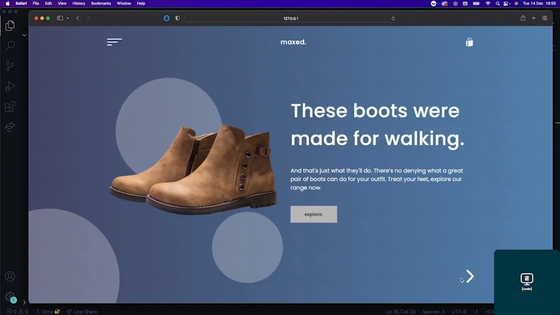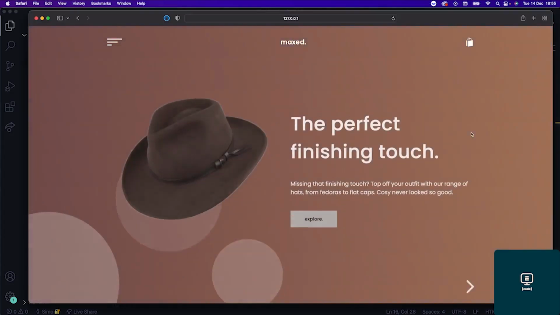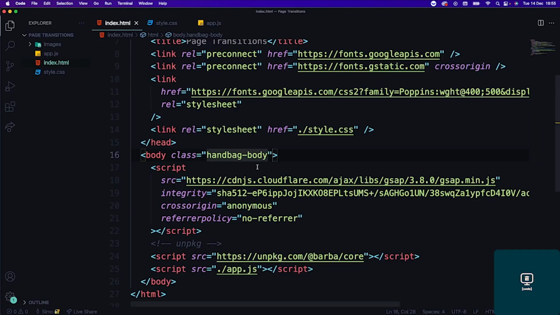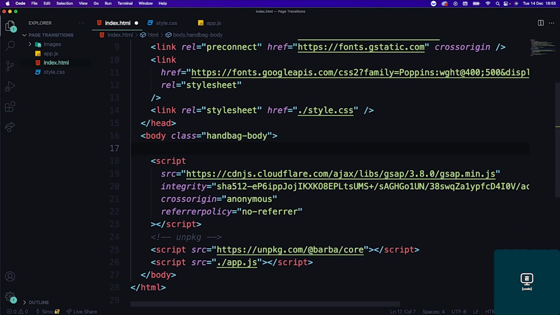So this is the boots one, and hat one, and handbag one. Okay, so every time we're going to create the HTML, we're going to make a separate one for the boot, a separate one for the hat, and this one which we have. Okay, so what I'm going to do is create a nav,